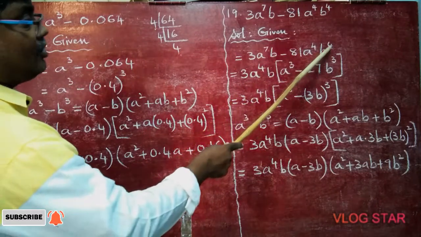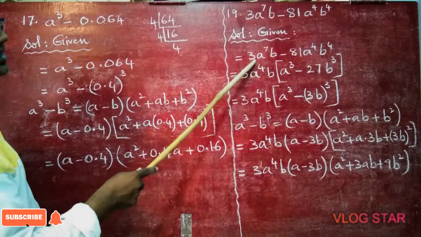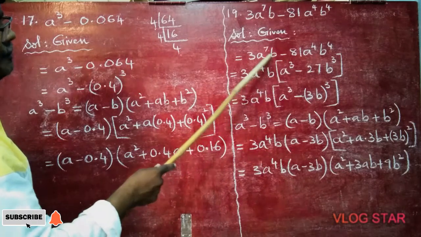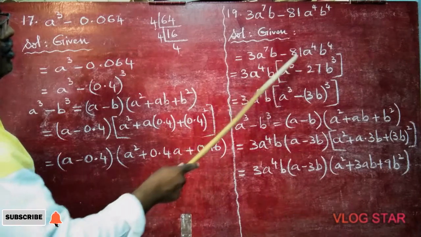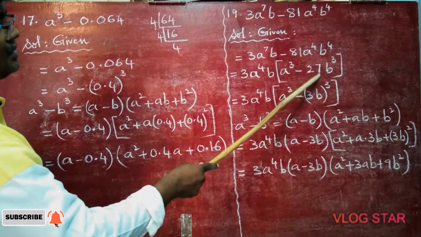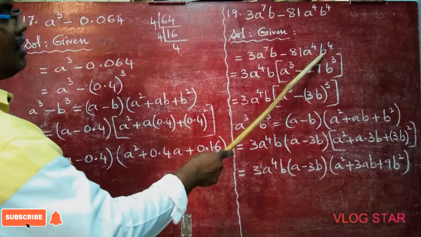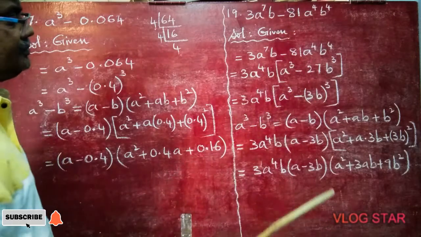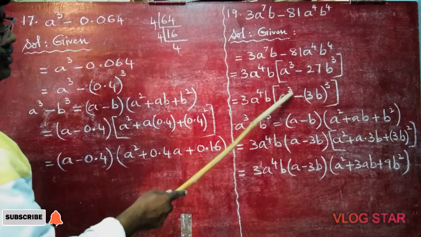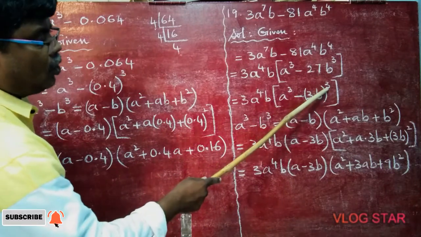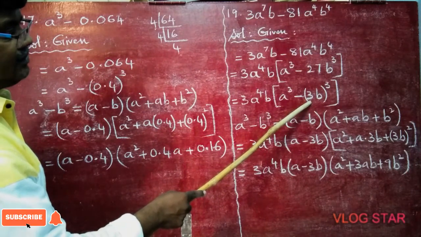Here b is there, here b to the power of 4 is there. So b you can take common. Maximum. So what is left in the first term is just a cube is left. Here 7 is there. So here 4 came outside means 3 will be inside. 3 goes in 81, 27 times. Now a to the power of 4 as it is. Now one b came outside, so b cube will be left. Now 3a to the power of 4b into a cube minus 3b whole cube. How 3 cube? You know 27 already. 3 cube means 27. B cube.